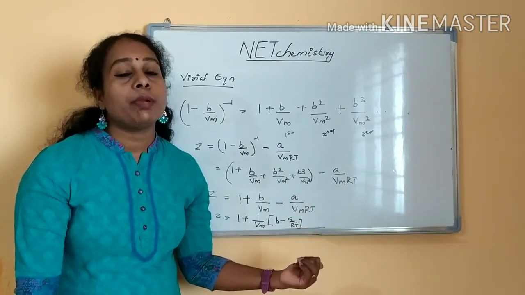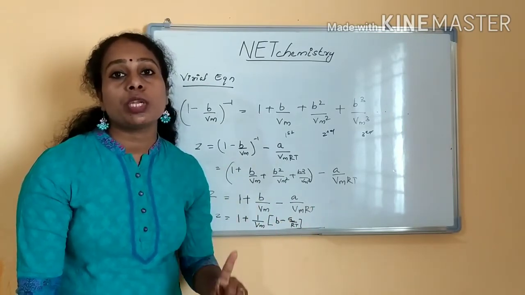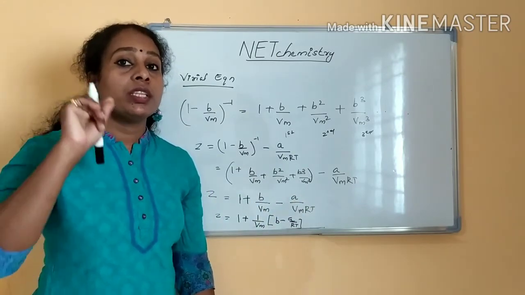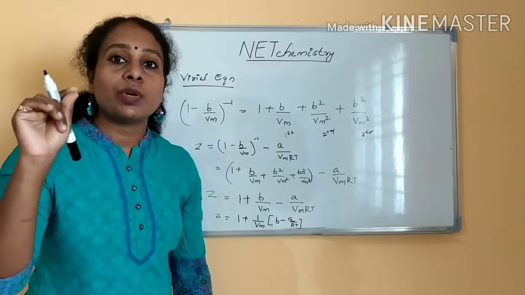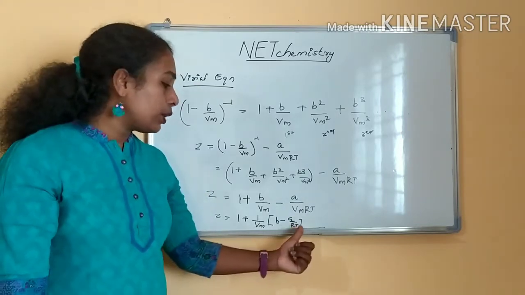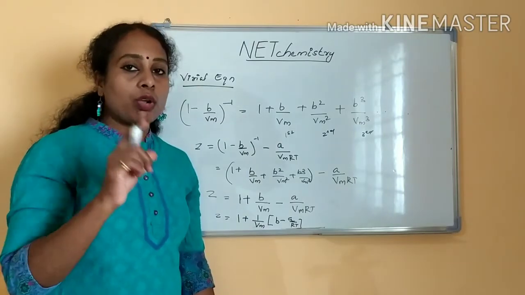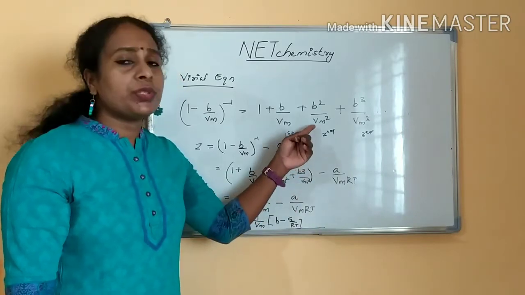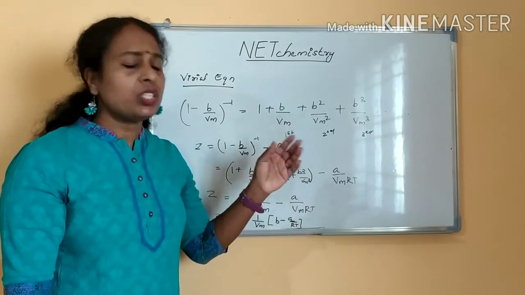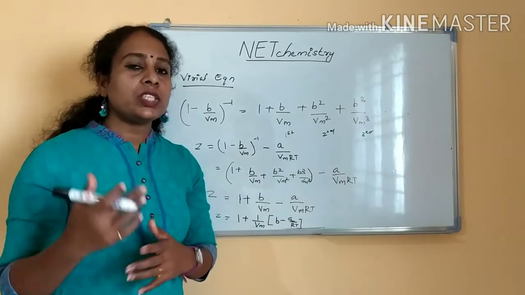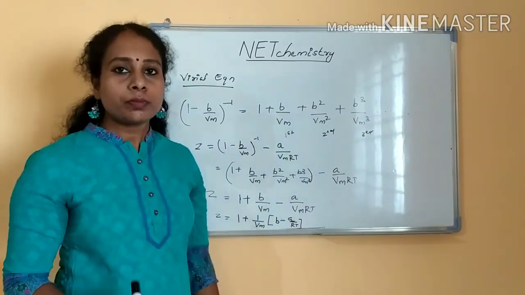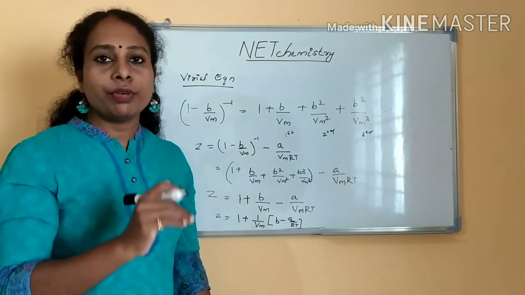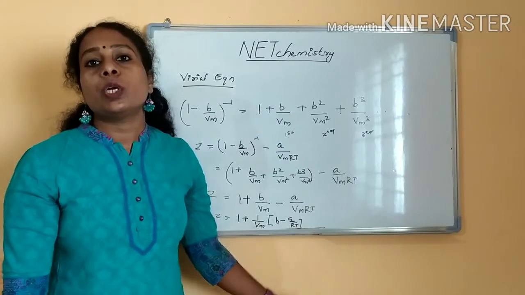Where is the virial equation applicable? To calculate the Boyle's temperature. So the temperature at which the first virial coefficient is 0, that is Boyle's temperature. This is the virial equation, with only the first virial coefficient taken. Don't get confused with so many Vm, R, T. These all are constants. Just by rearranging the equation you get this. No need to memorize anything, just rearrange properly and you will get this equation.